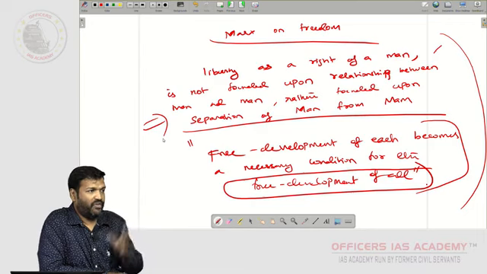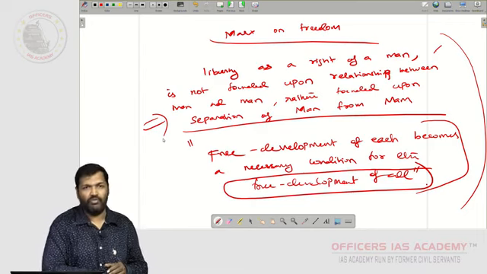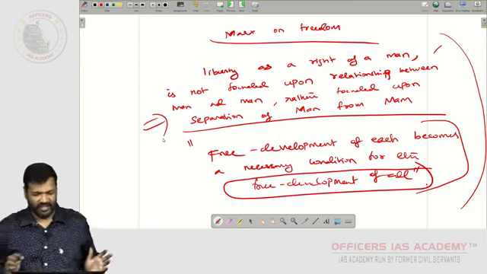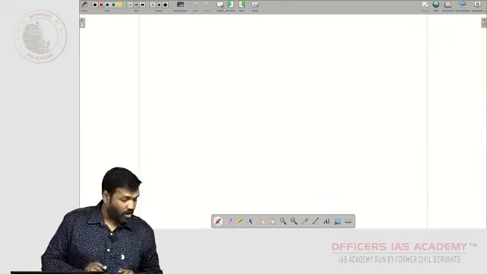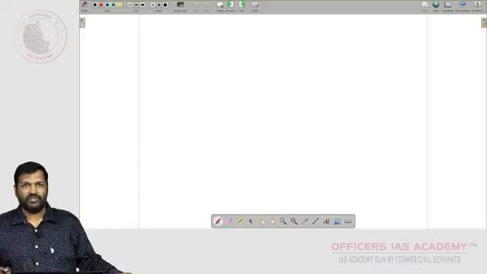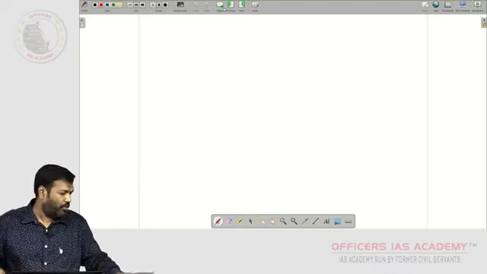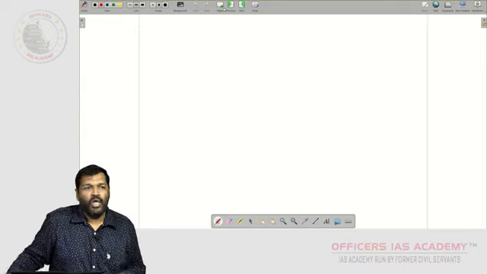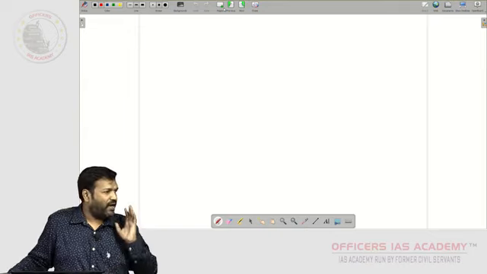Now I believe all of you would have understood what Marx's notion of freedom is. Already we have taken the liberal notion of freedom. Now we will go to the concept of equality. I thought within 2 hours today I have to finish all those things, but I don't know how. Let's see. Okay, equality.